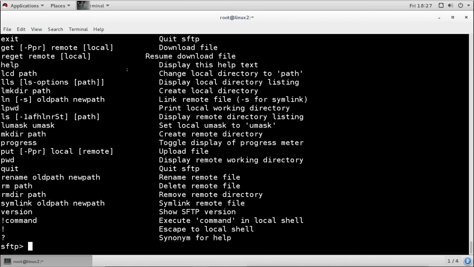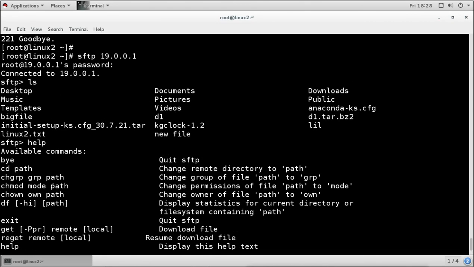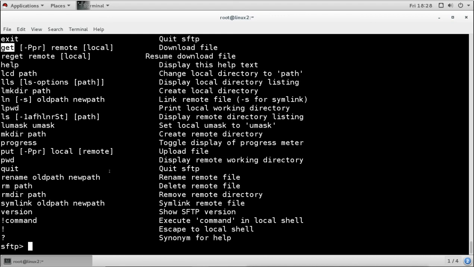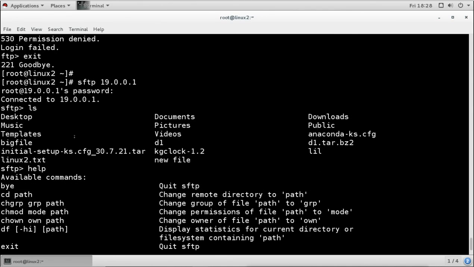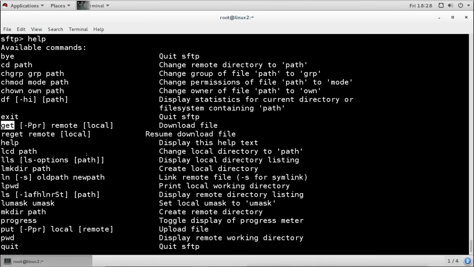We can download and upload. We can use the put command to put and the get command to get. So everything we can do with FTP, we can do with this command also, but with a secure connection.